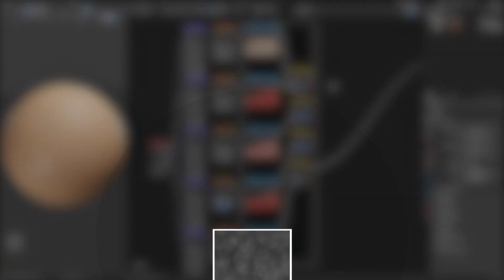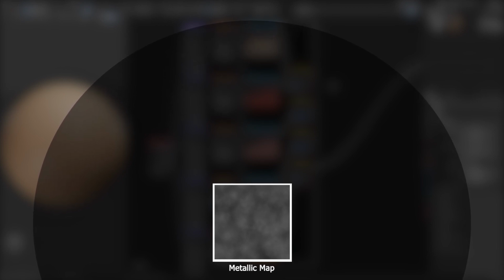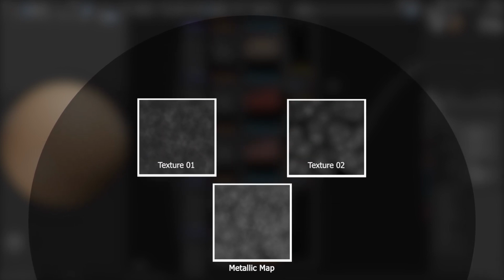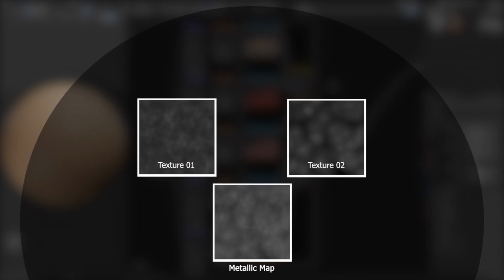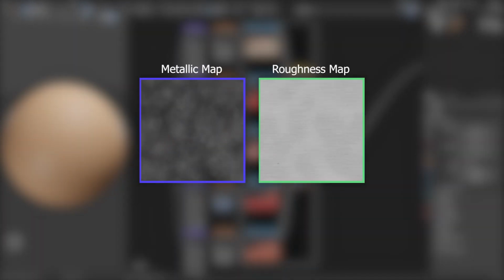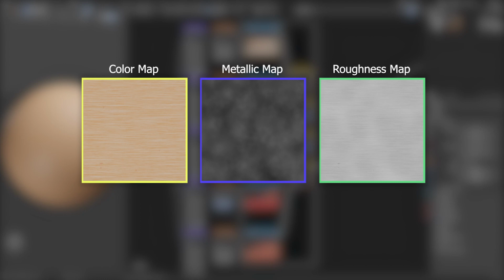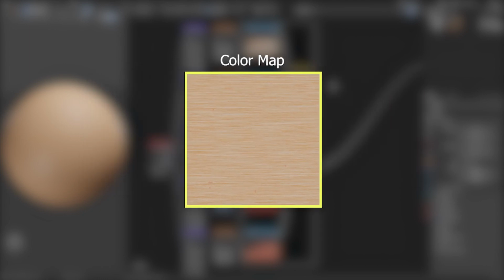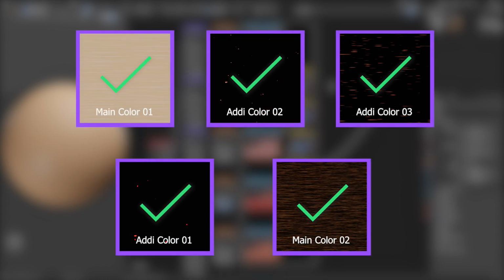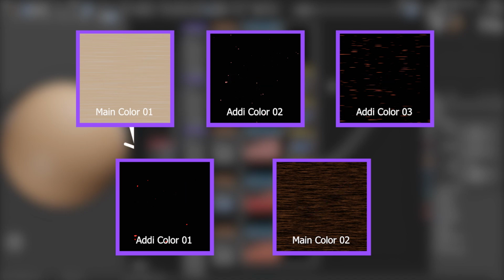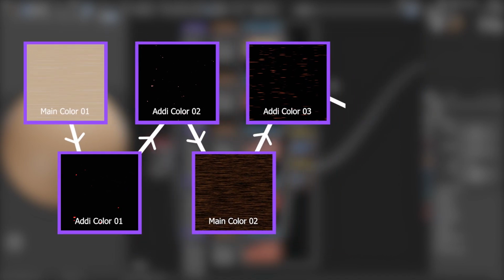Okay, let's start working on the metallic map now. This consists of 2 procedural textures. Before we make this metallic map, let us know how this metallic map and roughness map works. We have previously created the color map required for this clay material. When creating the color map, we wanted to create the color textures that we need for this map and mix them to get the final output of the color map.